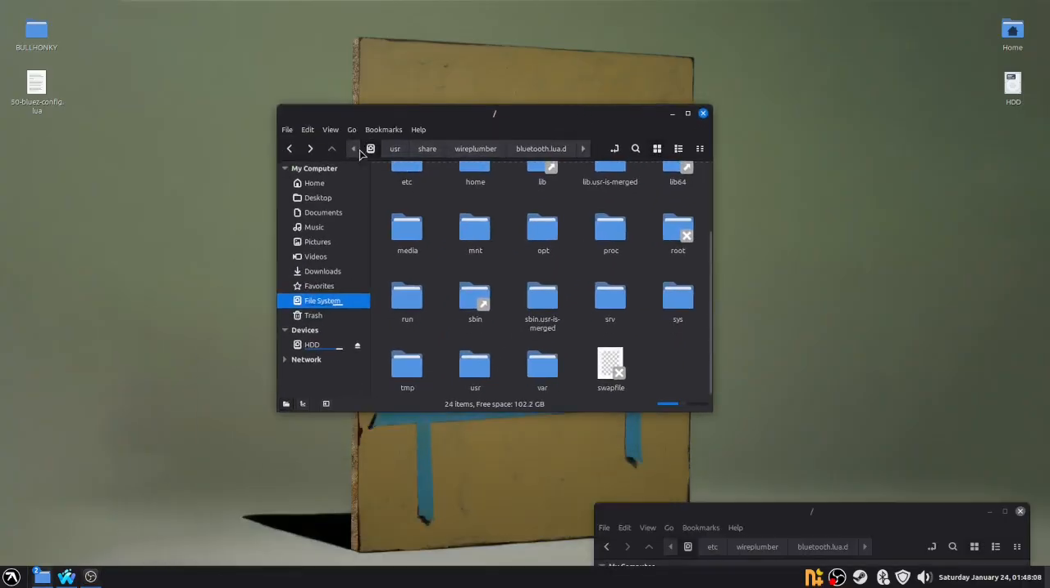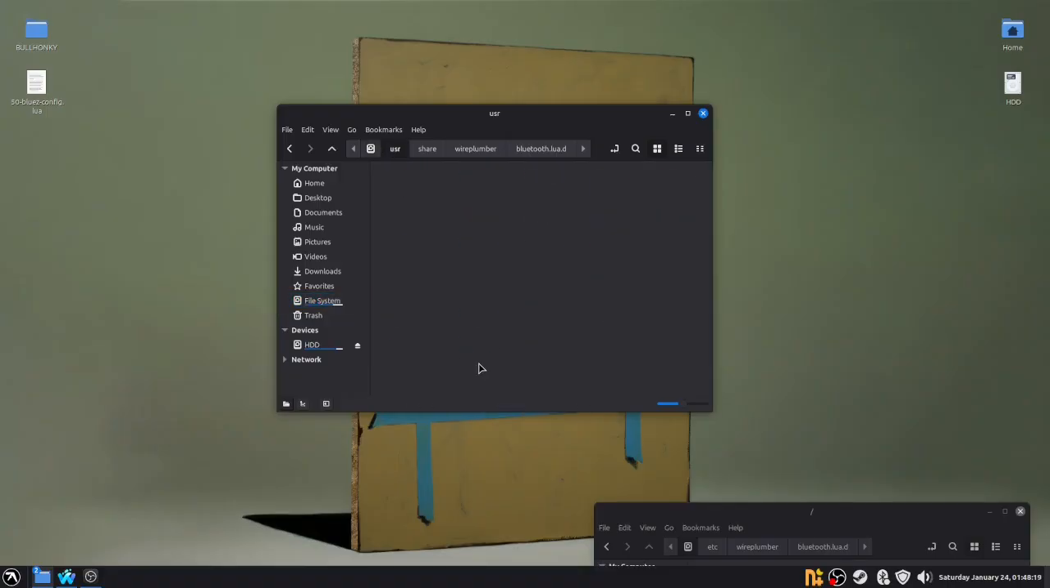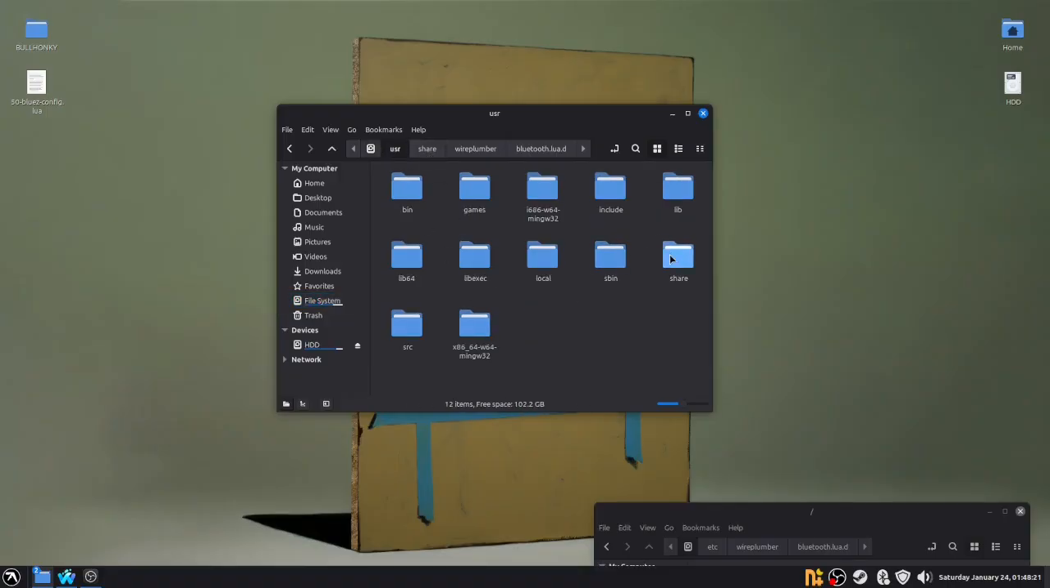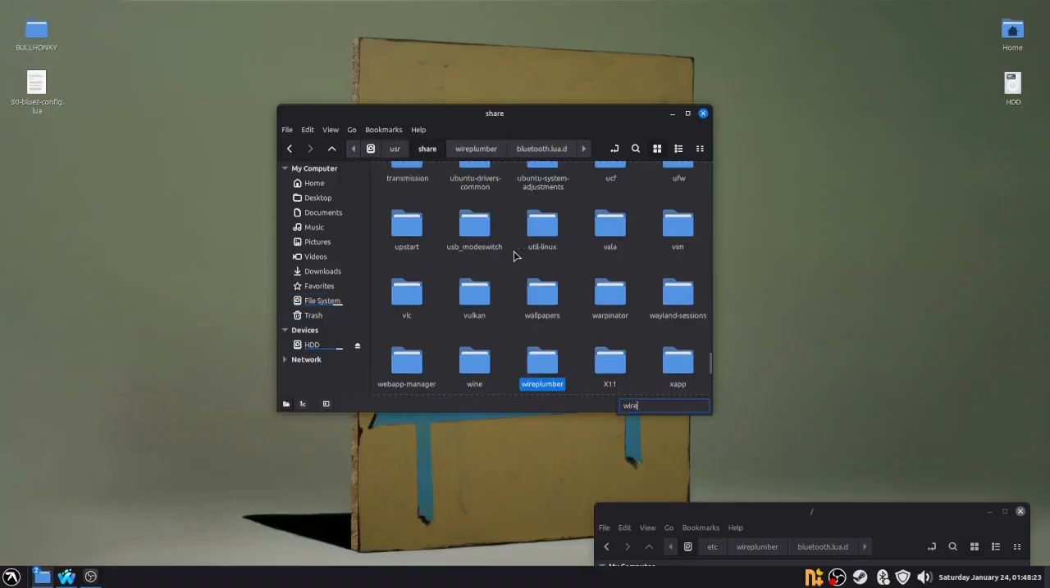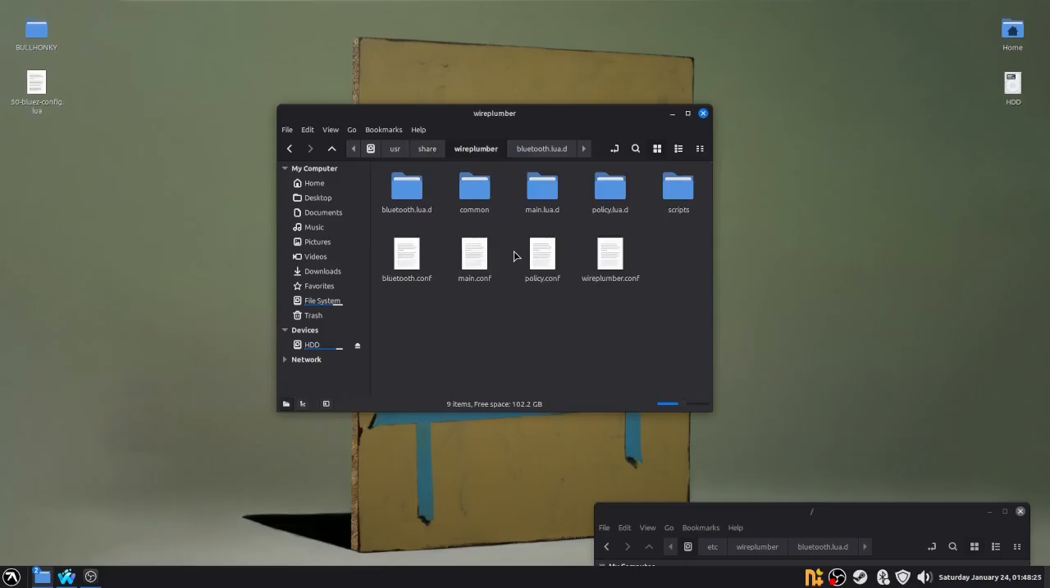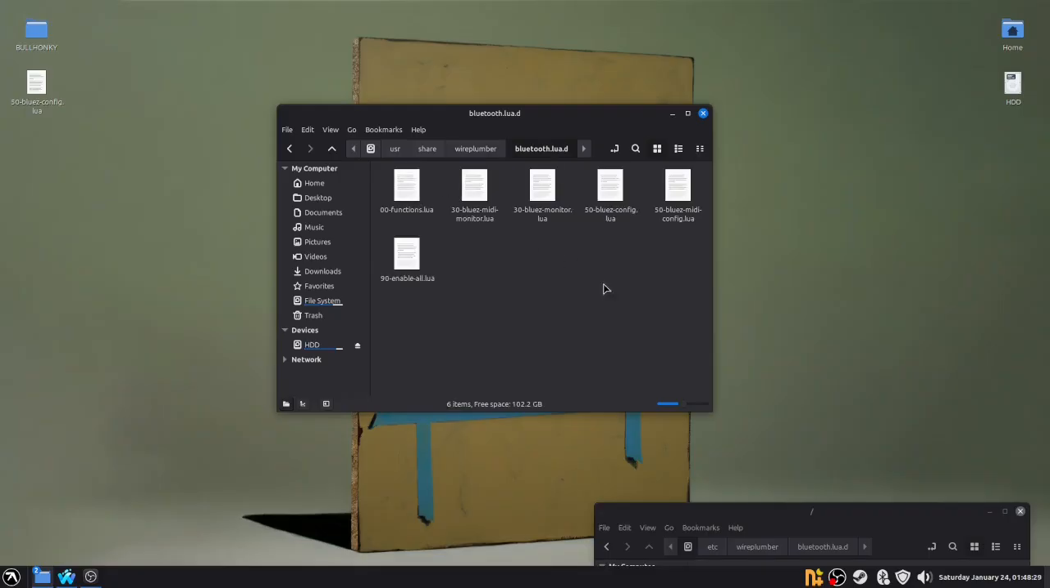You go to your file system, and then you should open it as root. I'm not going to do it here because I already did this, and it should say elevated privileges. USR, share, wireplumber, and bluetooth.lua.d and 50-bluez-config.lua. Then